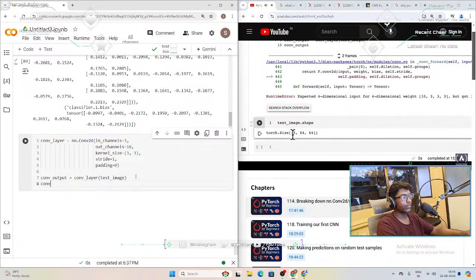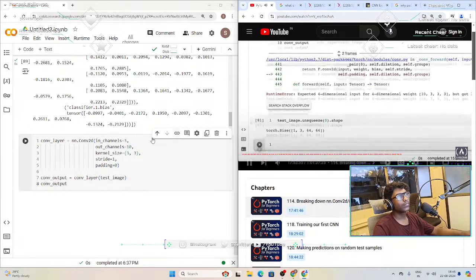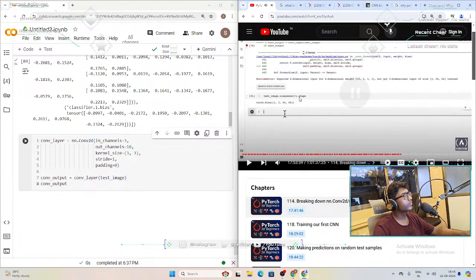How would we add a batch dimension over on the left here? We can go unsqueeze 0. So now we have a 4-dimensional tensor. Now, just keep in mind that if you're running this layer, nn.Conv2d, on a PyTorch version that is, I believe,